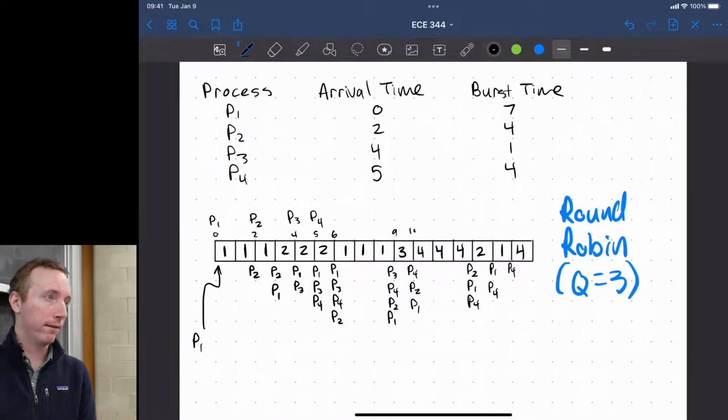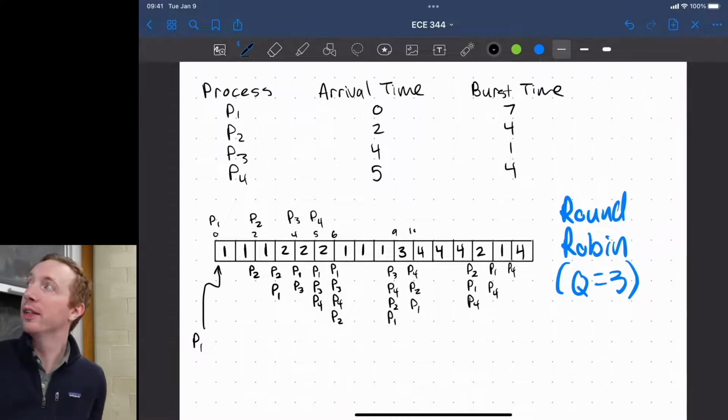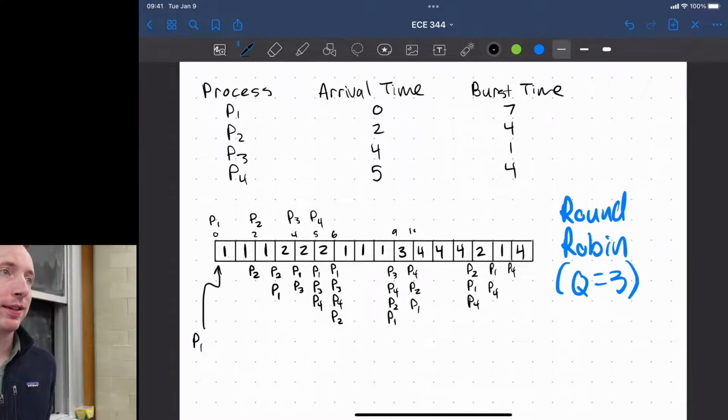Yeah. How do we determine what quantum? You're told that. So it's like, what's the scheduling if the quantum length is 3? Would this be like a fair quiz question? Yep. This is, So what's the optimal quantum? It depends on the processes.